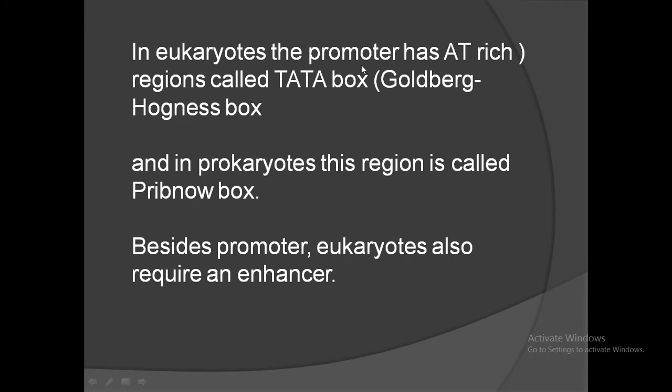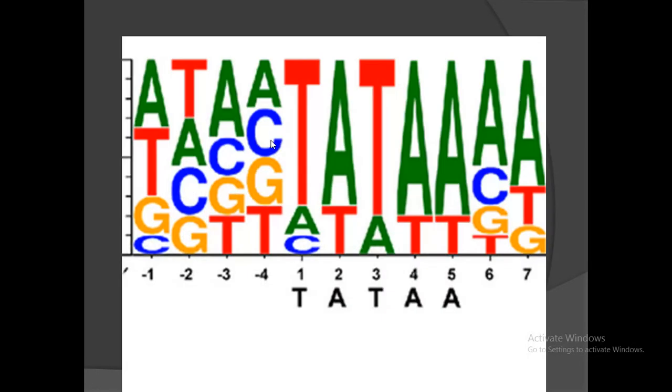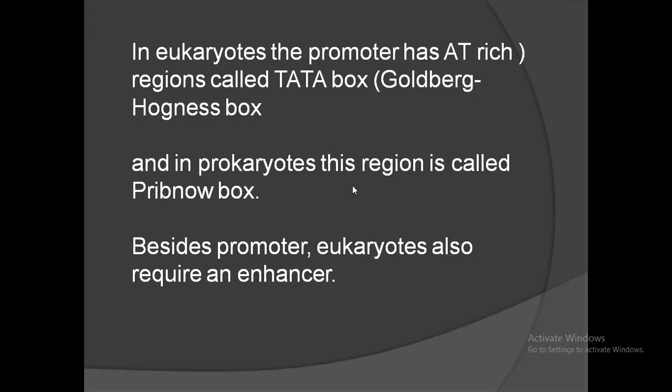In eukaryotes, the promoter has AT-rich regions, that is thymine and adenine-rich regions, called the TATA box or Goldberg-Hogness box. AT-rich regions are called the TATA box. In prokaryotes, the same region is called the Pribnow box. In eukaryotes, in addition to the promoter, there is a need for an enhancer. The enhancer also is involved in transcription in addition to the promoter in eukaryotes. The TATA box in eukaryotes is called the Pribnow box in prokaryotes. Now we have learned the